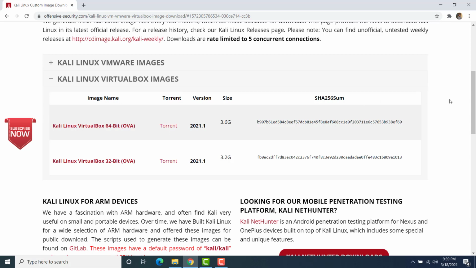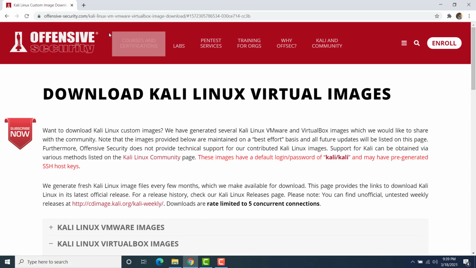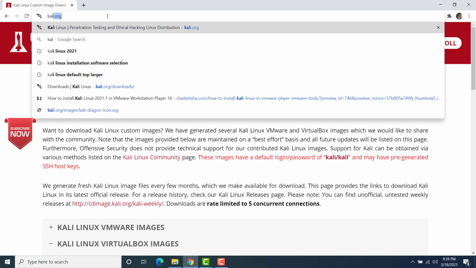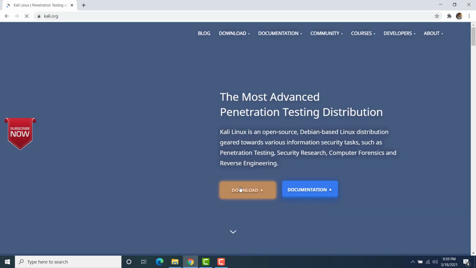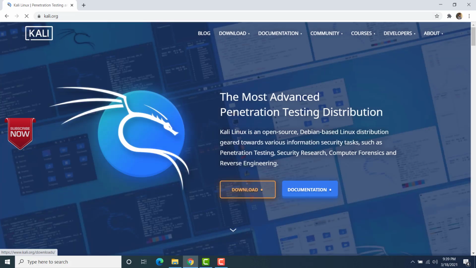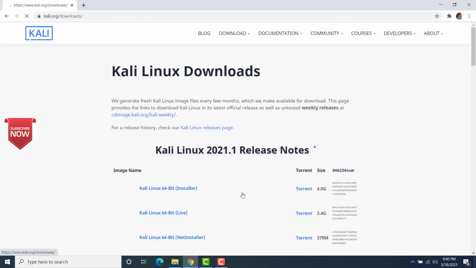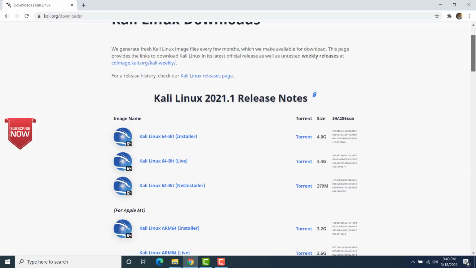Now, to get here, you have to go to kali.org and under download, click on download, and at the bottom of the download page you will see the option to download the virtual image file.